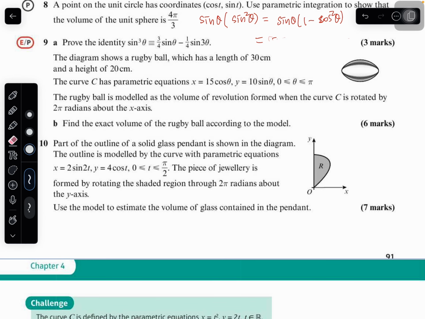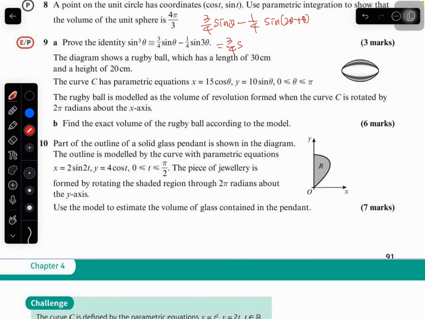Let me try something else. Let me start from the right side. 3 over 4 sine theta minus 1 over 4 sine 3 theta. Then 3 over 4 sine theta minus 1 over 4 times the expansion of sine 2 theta plus theta, like this. Then 3 over 4 sine theta minus 1 over 4 times 2 sine theta cos squared theta